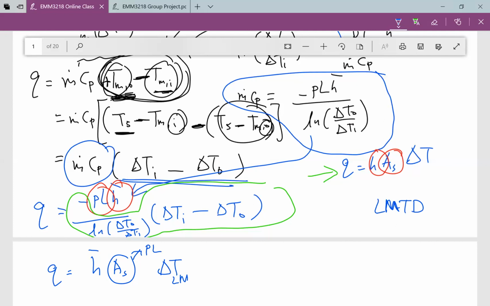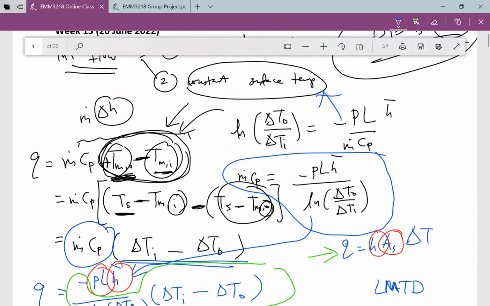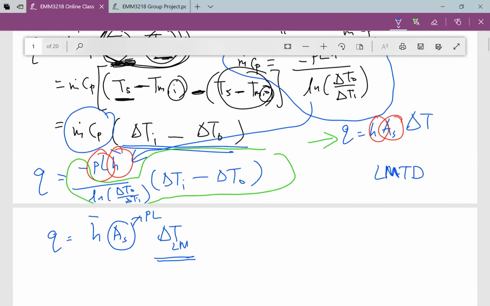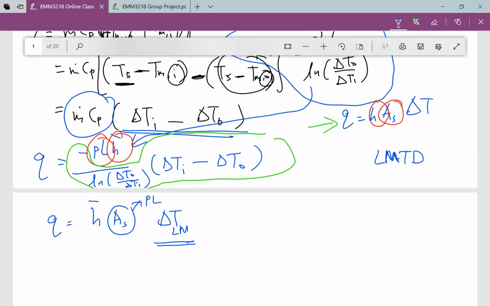Log mean temperature difference is basically a term that represents temperature difference relevant to internal flow when you have a constant surface temperature case, whereby it is given by, where delta T log mean is